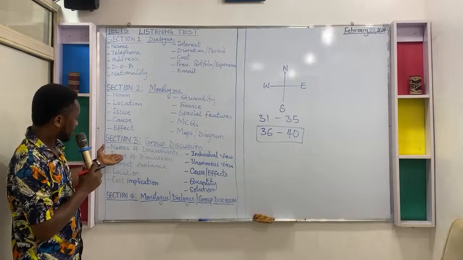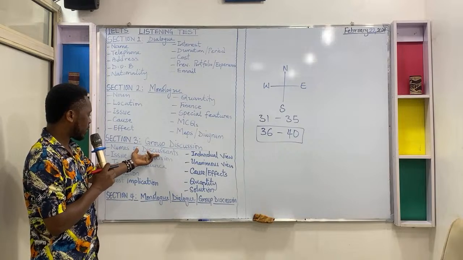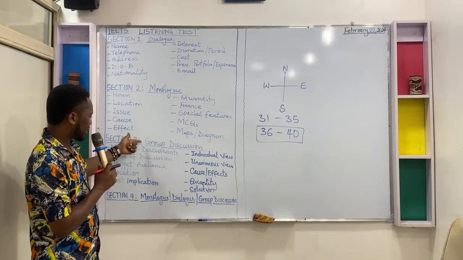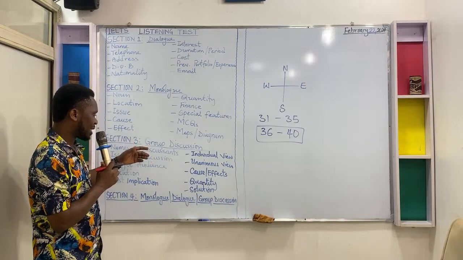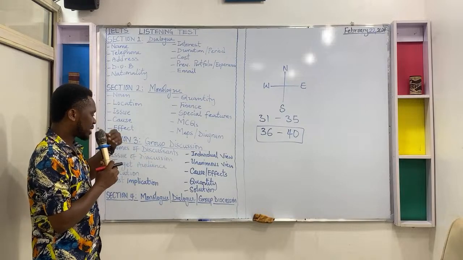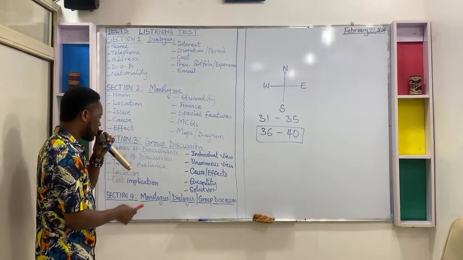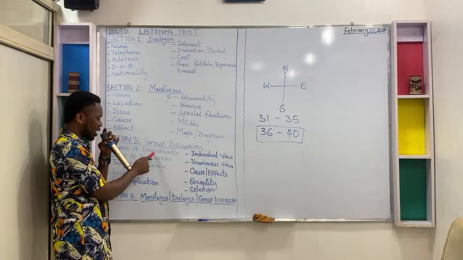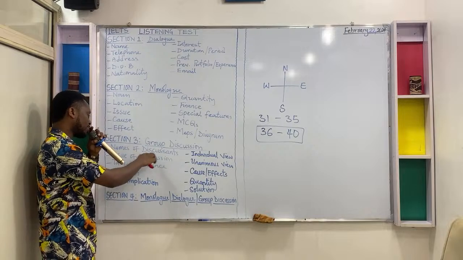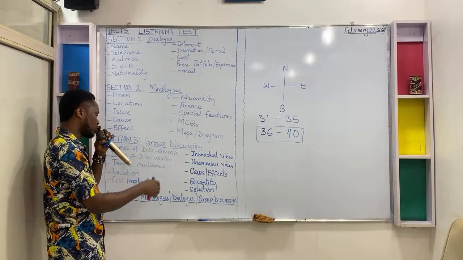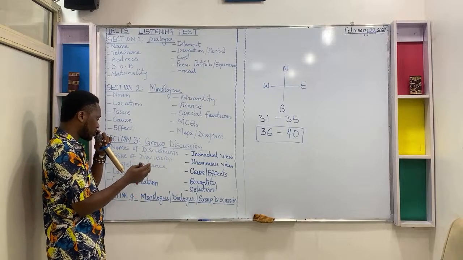So in section 3, you have to listen to the names of the discussants, which are often exposed at the point of the opening of that particular section. The audio may introduce the names of the discussants, and you have to listen and get their names. At this point, it may not be an answer, but as you proceed in the listening test, you realize that it is important. It will help you to get some answers. But if the audio does not introduce the names of the discussants, when the discussion opens up in earnest, they will exchange pleasantries among themselves and address each other by their names. The issue of discourse, they would announce what they have gathered or assembled to talk about.